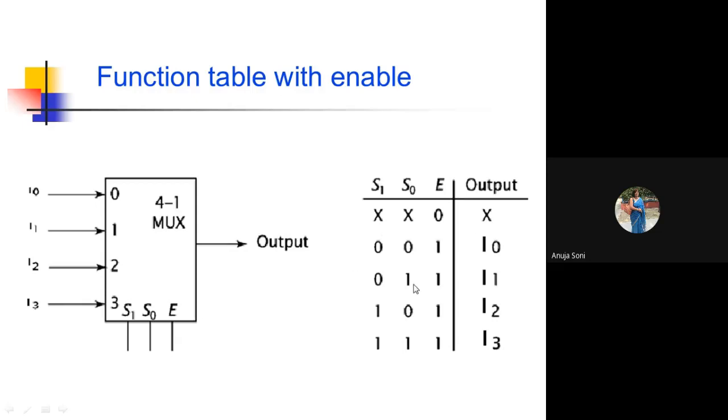So this will be the truth table. According to this truth table, the multiplexer always exhibits its behavior. This is the multiplexer in front of us, this is the block diagram. The possible combinations of the select values can be 0 0, 0 1, 1 0 or 1 1. Whenever its value is 0 0, then always I0 is chosen. Whenever it is 0 1, I1 is chosen. Whenever it is 1 0, I2 will be chosen. Whenever it is 1 1, I3 will be chosen.